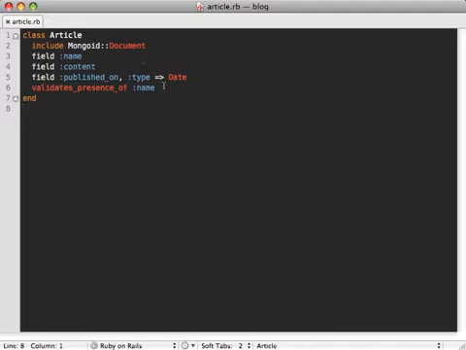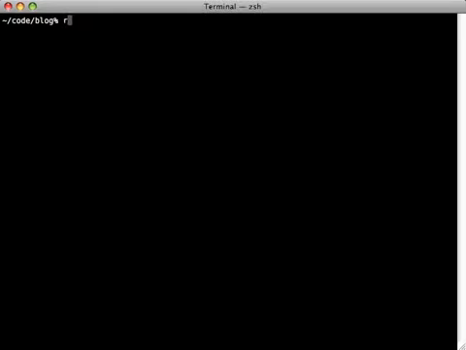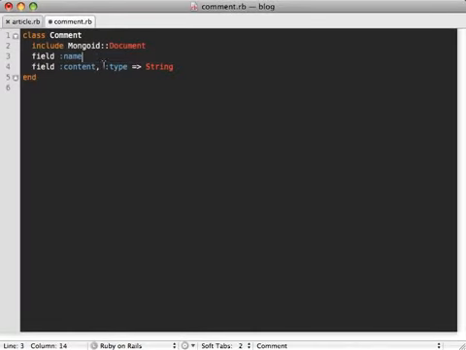So in Mongoid, we just go into our article model and say embeds many comments to set up that association. And we need a comment model, so I'll just generate that directly using the Rails generator called comment, and it has a name attribute and a content type. And again, the string type is default, so we can just remove that. And here we need to say embedded in article,